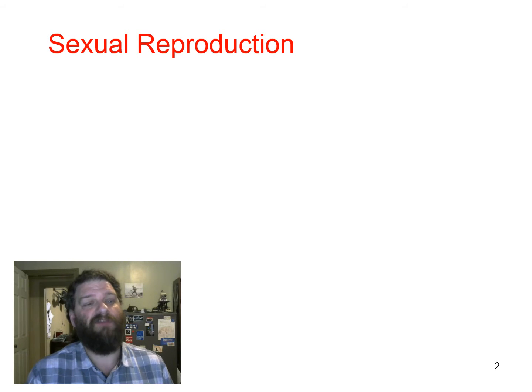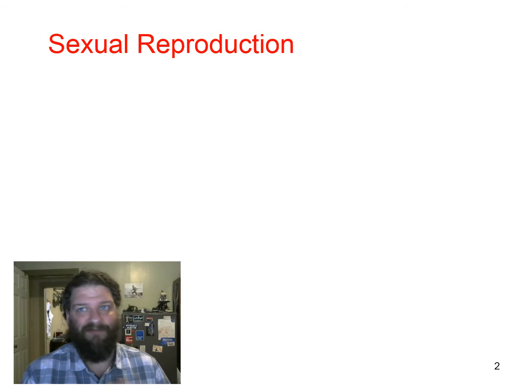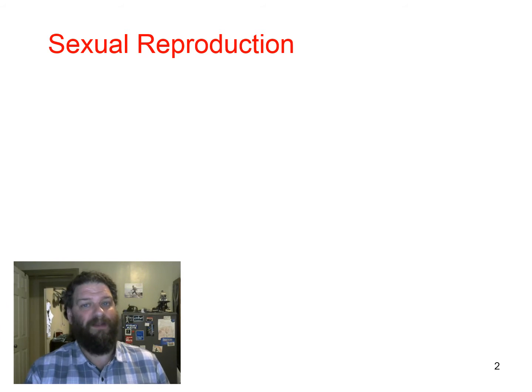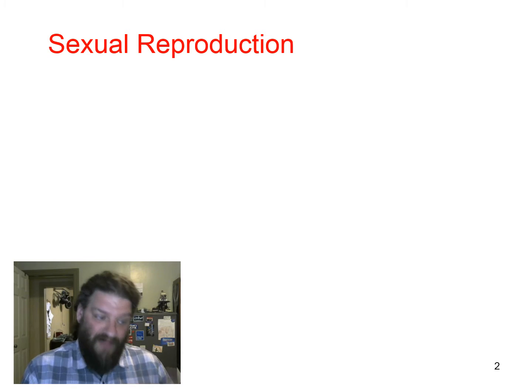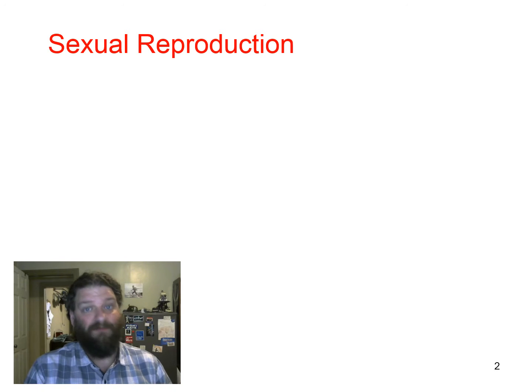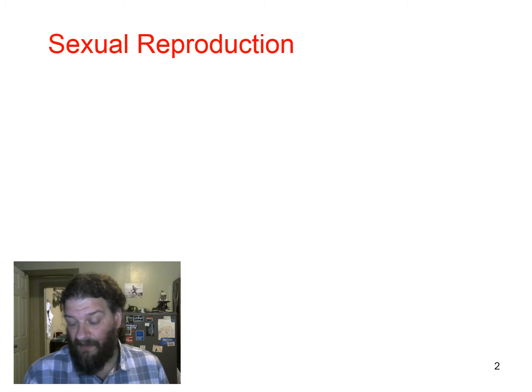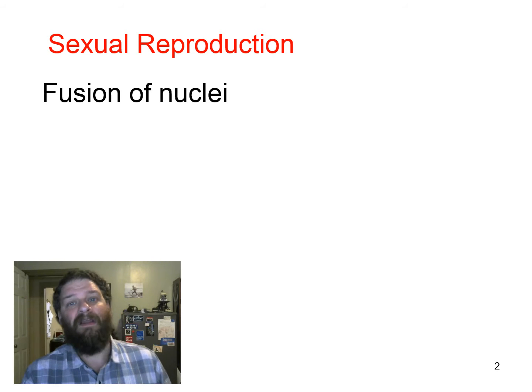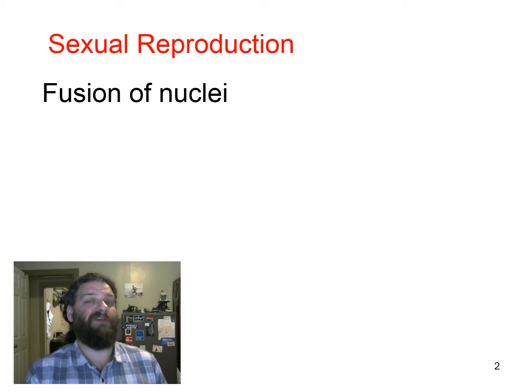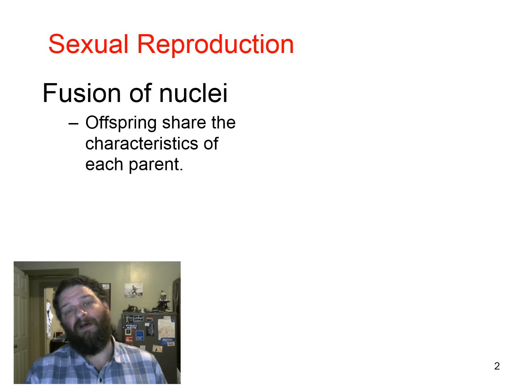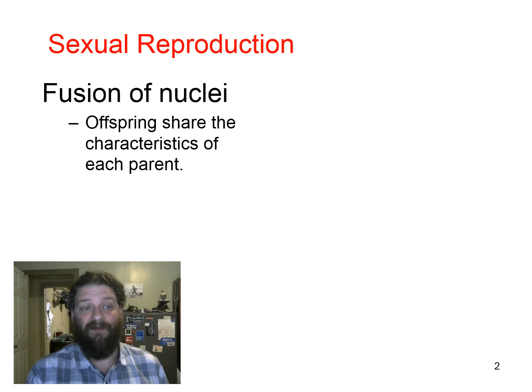Now, to recap the important points that we've already discussed about sexual reproduction, the big hallmark of sexual reproduction is not the number of individuals that are required in order for it to take place. It's not that it's two parents in sex and one parent in asex, because now we know that there are plenty of instances of organisms that can make both gametes, and those gametes can fuse and make another organism sexually, even though there's one parent. So the big hallmark of sexual reproduction then is the fusion of nuclei, fusion of cells.